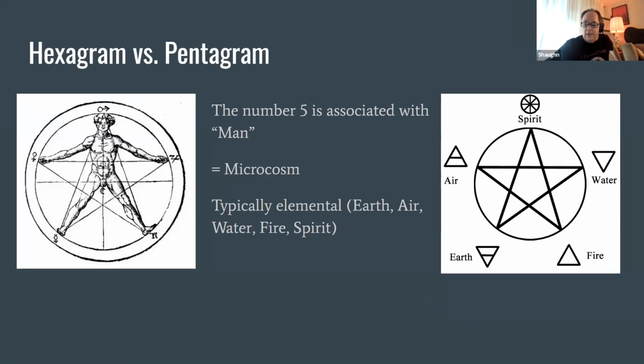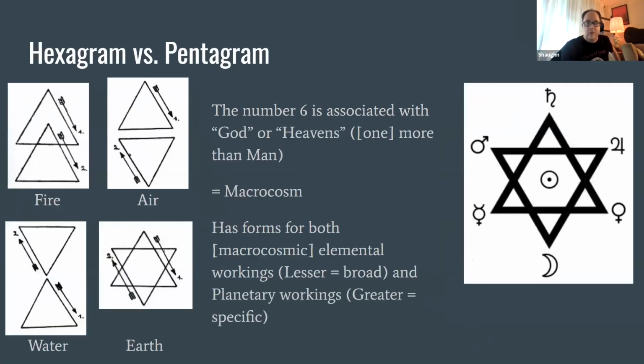Okay, so in general, the number 5 is associated with man, and to that extent, the microcosm. Typically, they have elemental attributions: earth, air, water, fire, and spirit. The number 6 is associated with God or the heavens, meaning one more than man. So therefore, the macrocosm. And the hexagram rituals have forms for both the macrocosmic